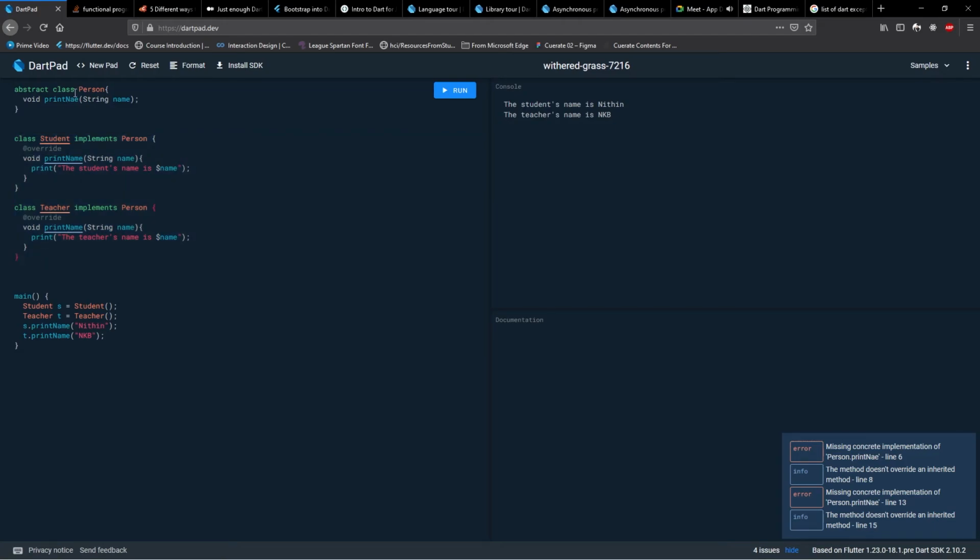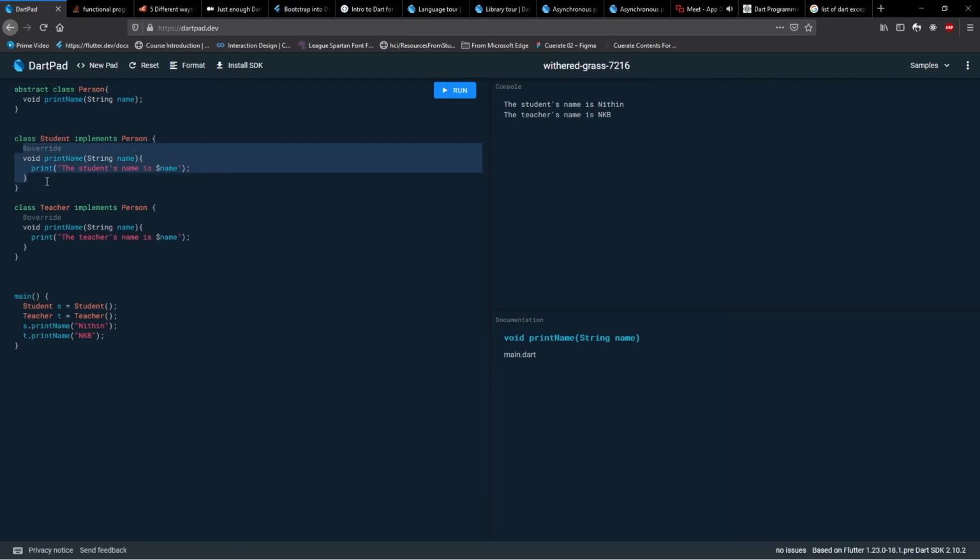So that is what we are doing here. We are doing strict rules. You are going to implement this abstract class, and you are going to use the exact same function name to keep it consistent. That is what overriding does. What override does is it gives us a different way to implement this function over here.